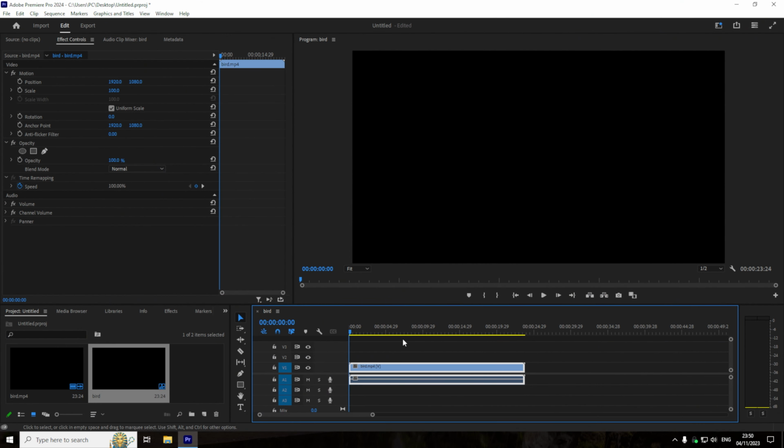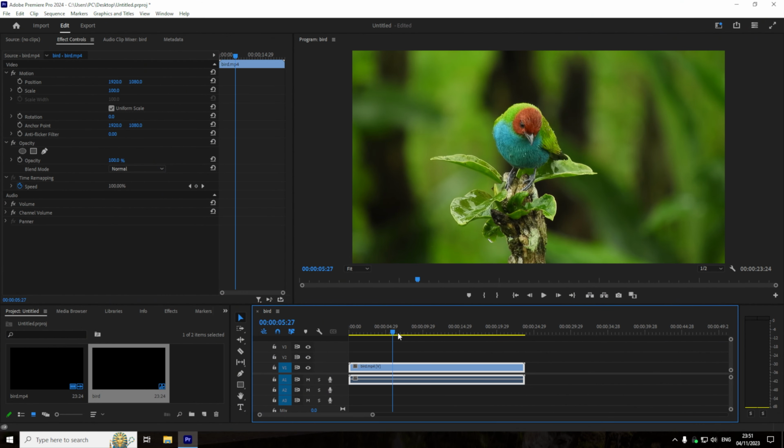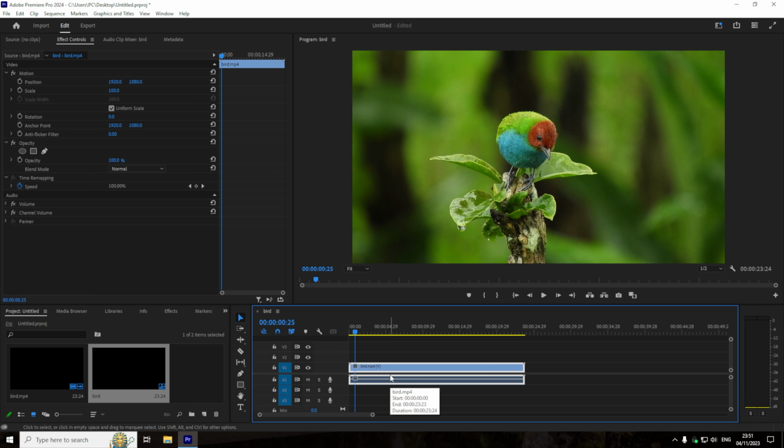So if I open Premiere Pro up, I have this project here with a video of a bird in it, and what we're going to be doing is zooming in on the bird. To do that, you first want to click on the video in the timeline that you want to zoom in on. So I'm just going to click on my video, and then in the effects controls, you first want